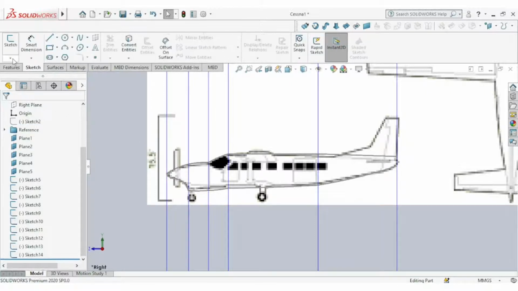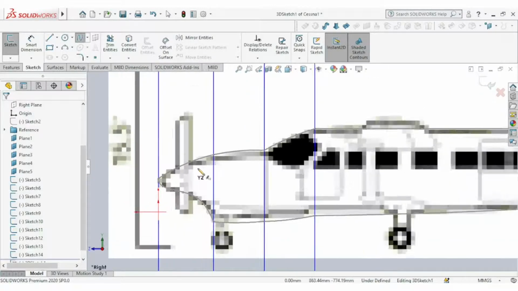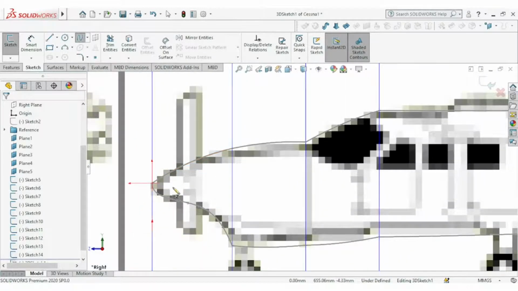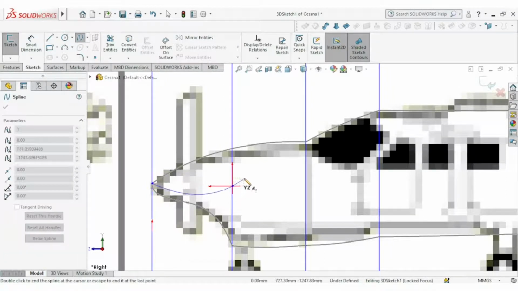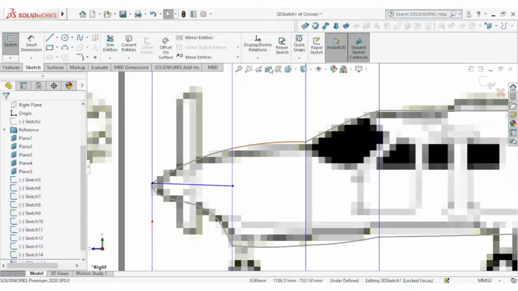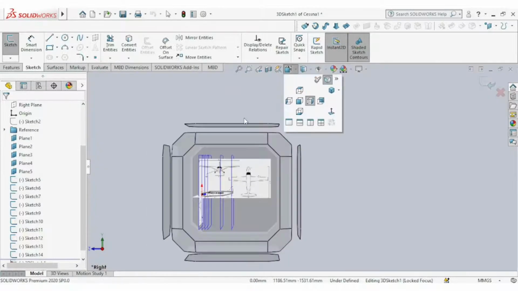Let's go to 3D sketch, select plane, select the intersection point, and go to top view.